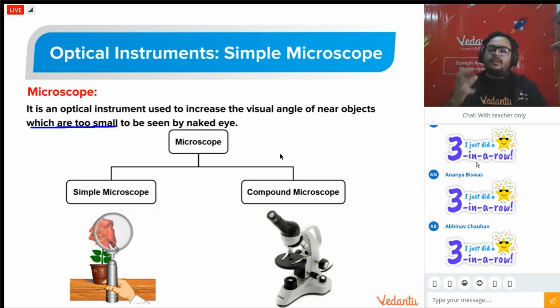I'm sure you might have used this in your schools to look at the onion or hair or something like that, any disgusting thing that they show in the school. Am I correct or not? Something you might have seen under the compound microscope, I am sure. So this basically has more magnifying power. Because this has more magnifying power, we look at very, very small things through a compound microscope, and for normal things we can use a simple microscope. Are you getting my point?